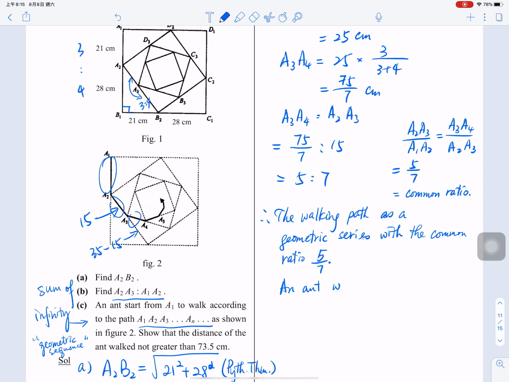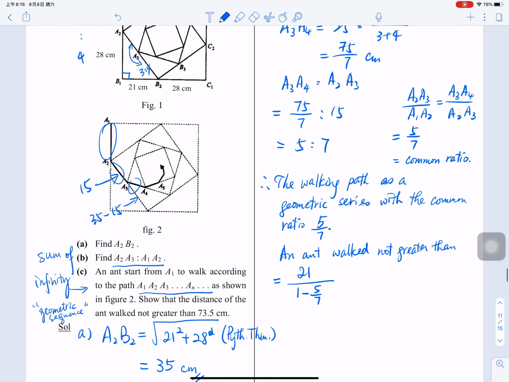So at the end, the distance the ant walked will not be greater than this value. That means sum of infinity. The first term 21, right? And over 1 minus 5/7. So you found that this one is 73.5 cm,